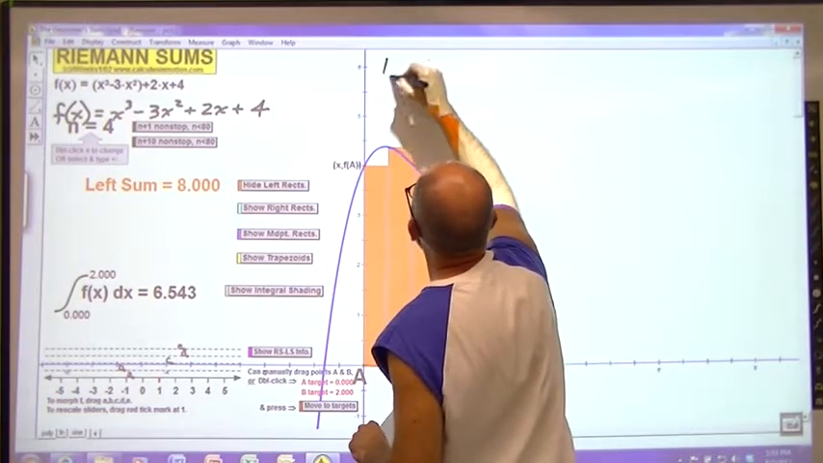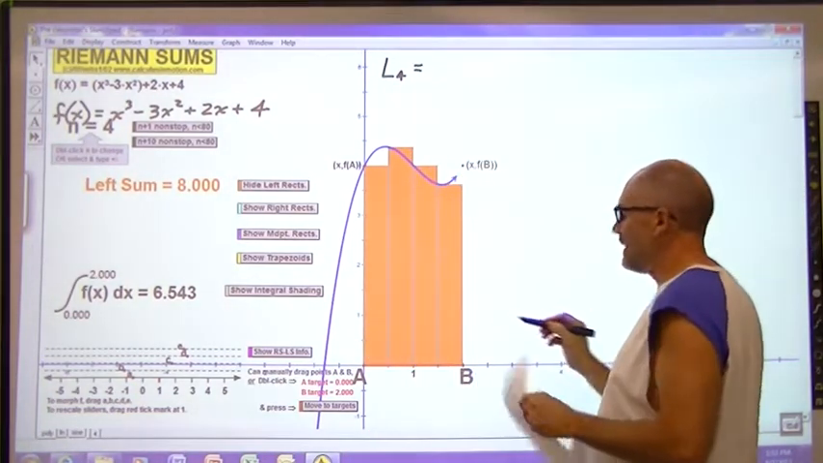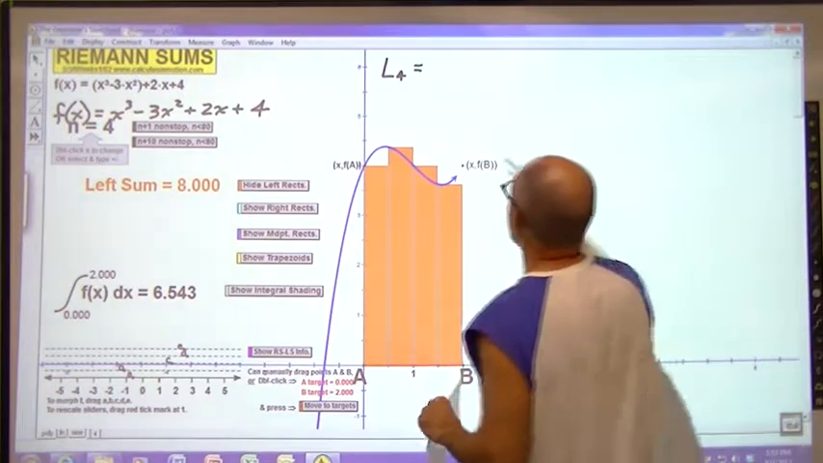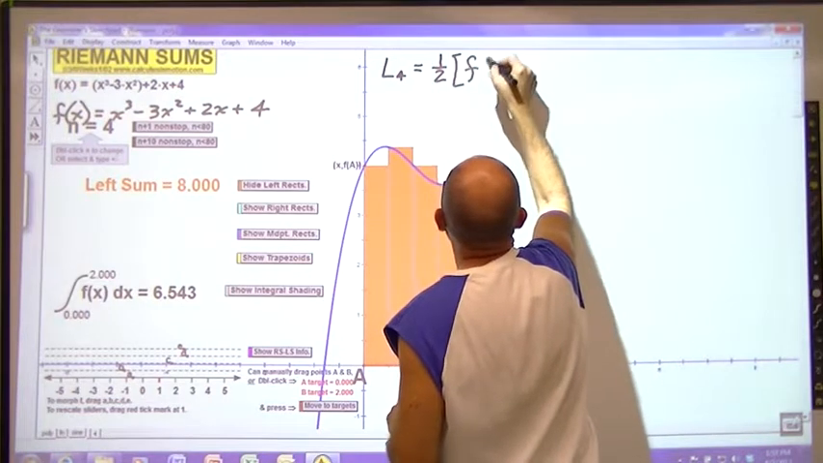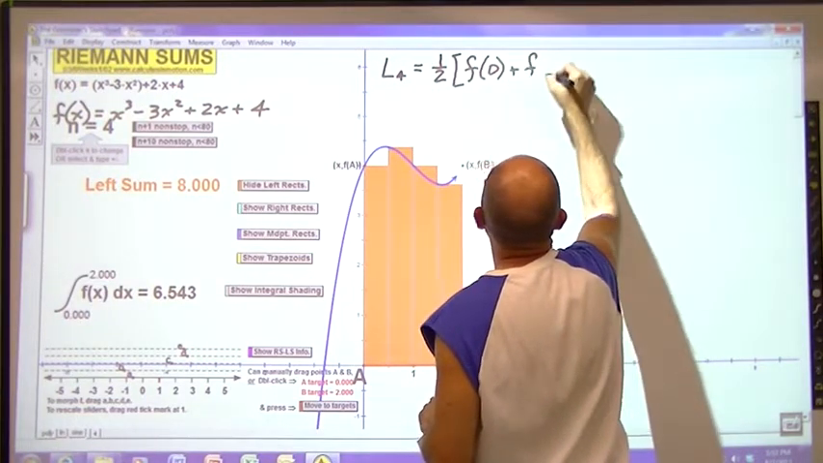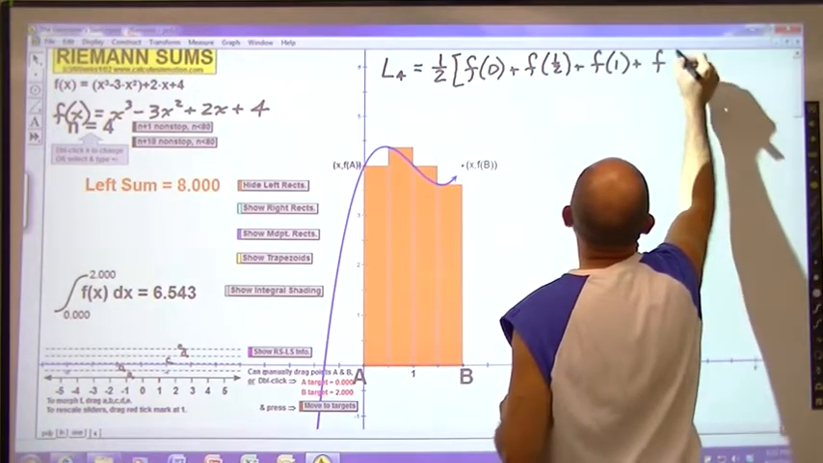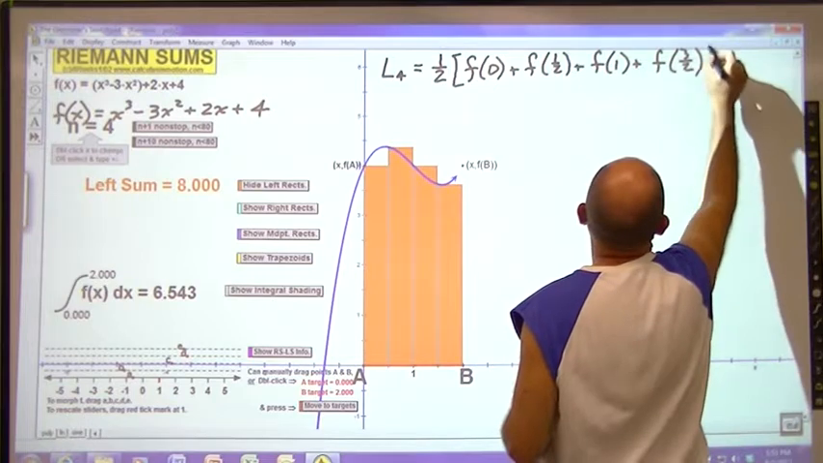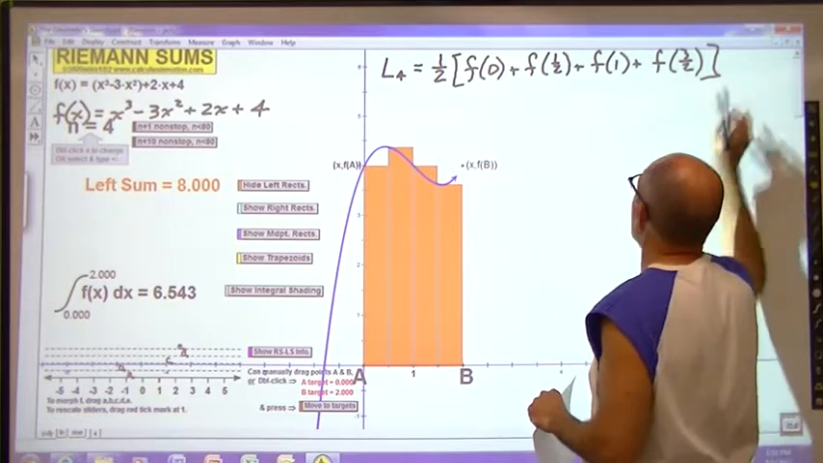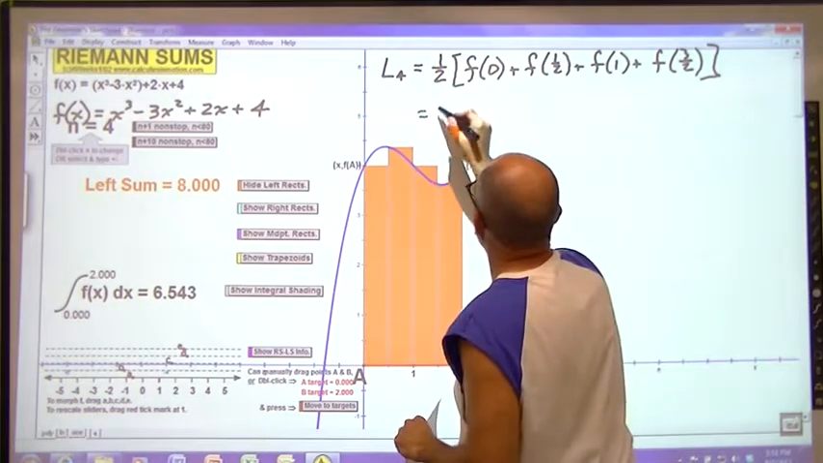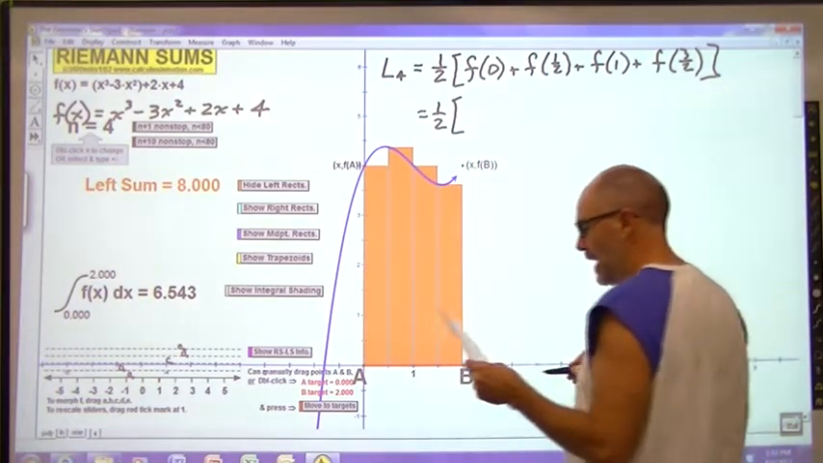Now our left-handed rectangles, L sub 4, are going to equal, like I said, the width is going to be 1/2 times what? Well, f of 0 plus f of 1/2 plus f of 1 plus f of 1.5. There's your width, or your base, times each height. And so this is going to equal 1/2 times,